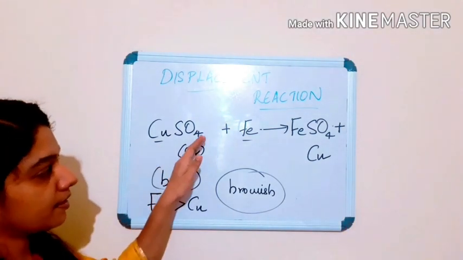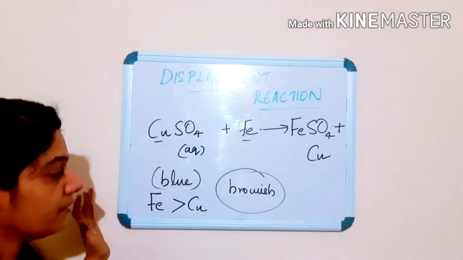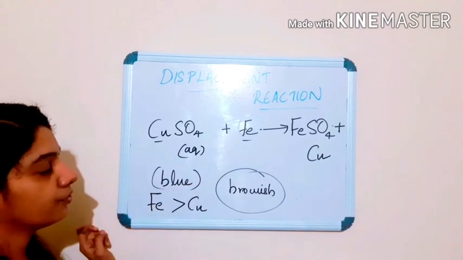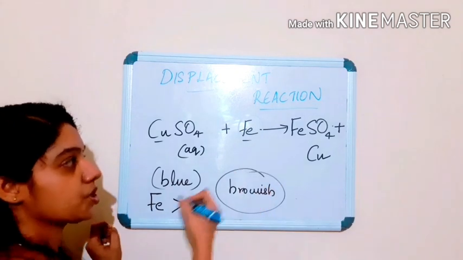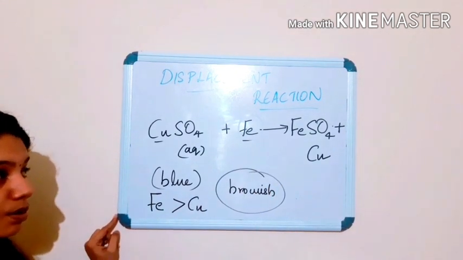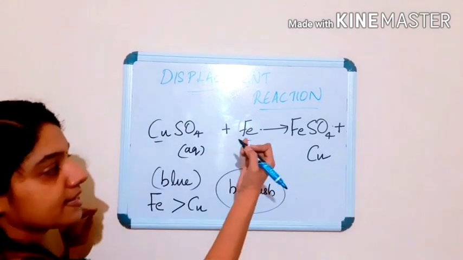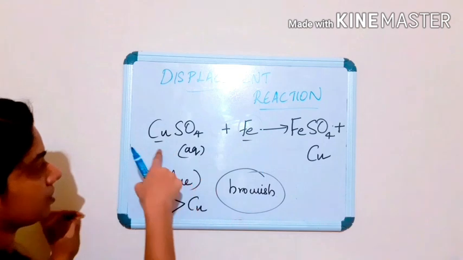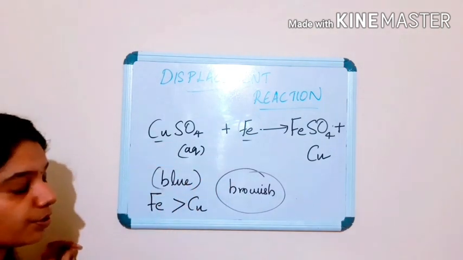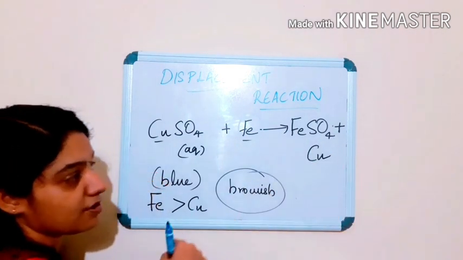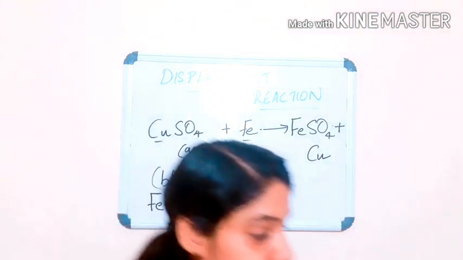Copper sulfate, which is bluish in color, when we dip iron nails into it, after some time we can see that the bluish color of the copper sulfate becomes dull, and there is a brownish deposition on the surface of the iron also. Why is it so? Because it undergoes a displacement reaction. Since iron is more reactive than copper, iron displaces the copper from its solution and forms FeSO4 and Cu. Okay. Now we can look at the next example.